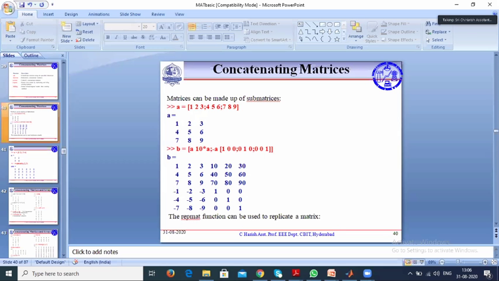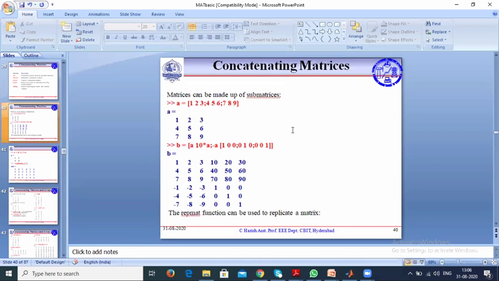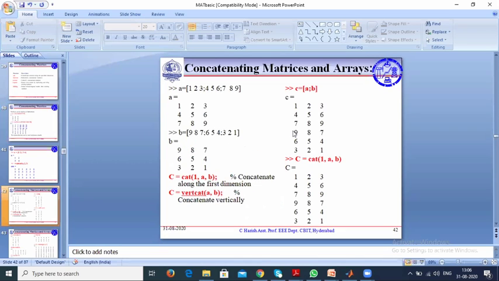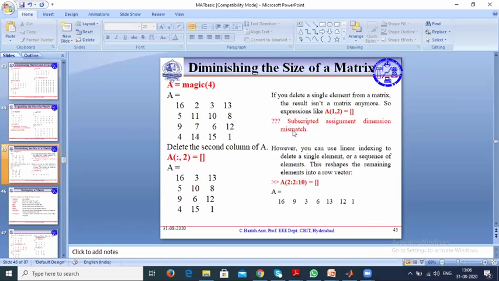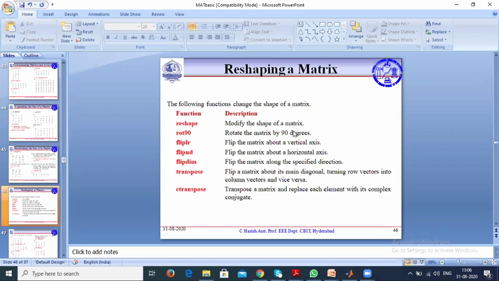Previously, we have done concatenation of the matrices, all these things. Apart from this one, we have some more matrix operations. Let us see what are the other matrix operations. I think this repeat matrix. Block diagonal. This changing the matrix dimensions and removing some of the elements in the matrix.